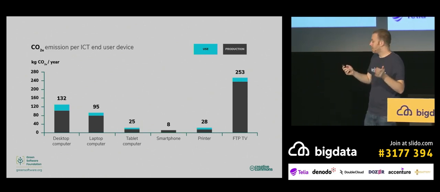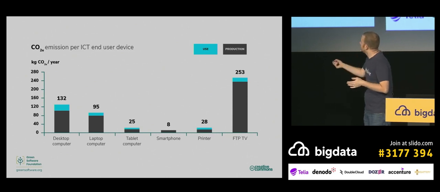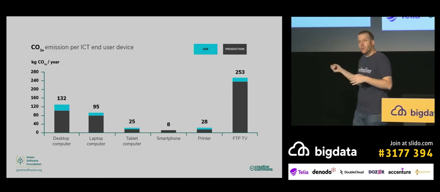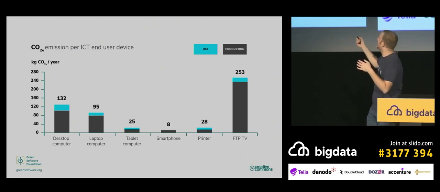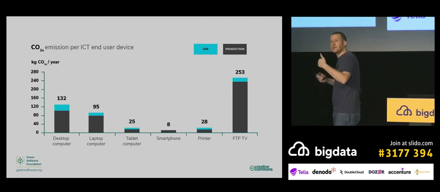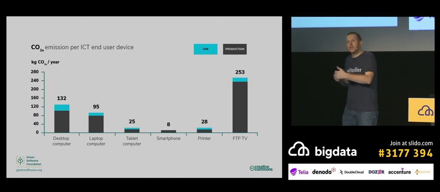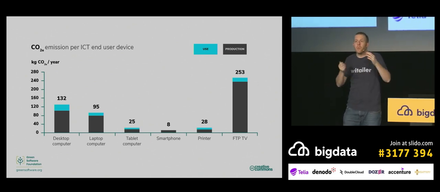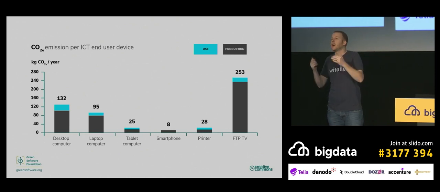Another interesting piece of information is that for a smartphone, the usage part is neither visible. While in a TV, we are telling that probably in a year, we are emitting just a slice of the CO2 that is emitted for the production of the entire television. So be aware of those kinds of